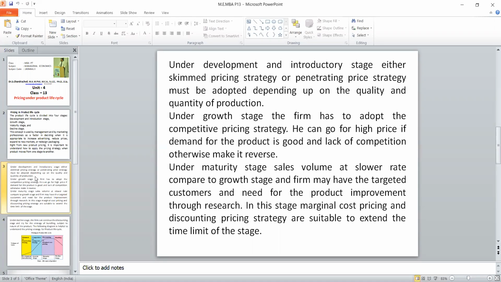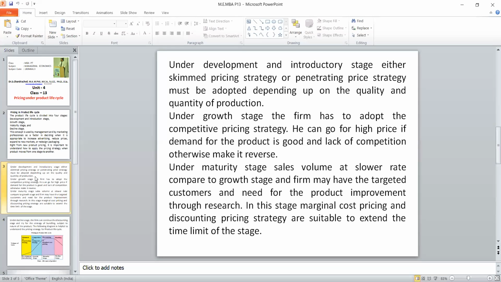There is a possibility of a section A as well as a section B question. Distinguish between skimmed price strategy and penetrating price strategy. You have to write a minimum of 3 points. First, there is a similarity that both these strategies are meant for the new product. Second, high initial price for skimmed price strategy, low initial price for penetrating price strategy. Third one,